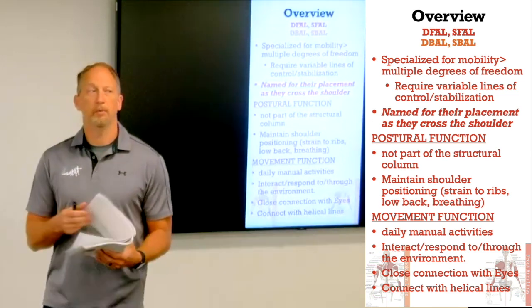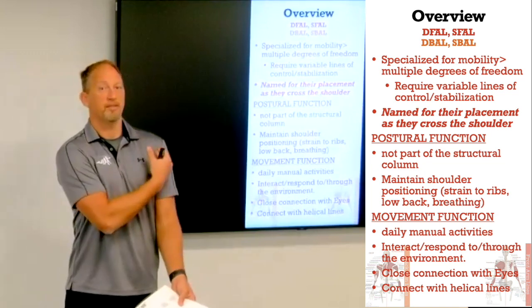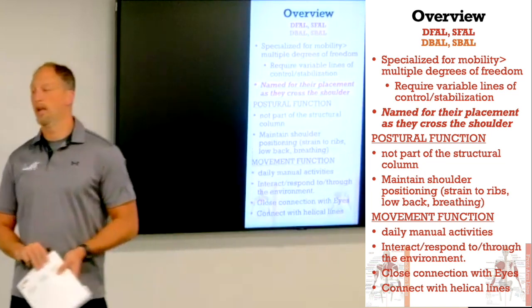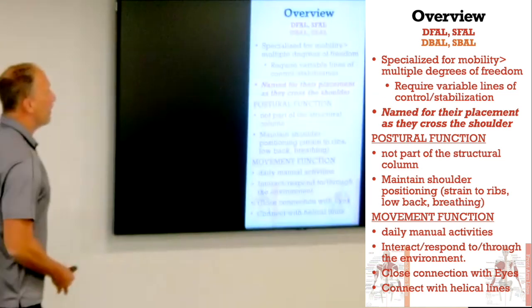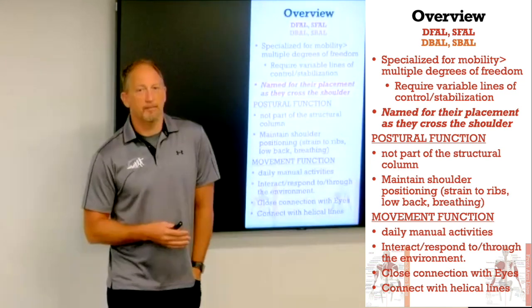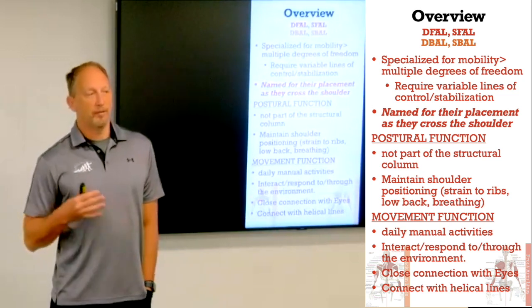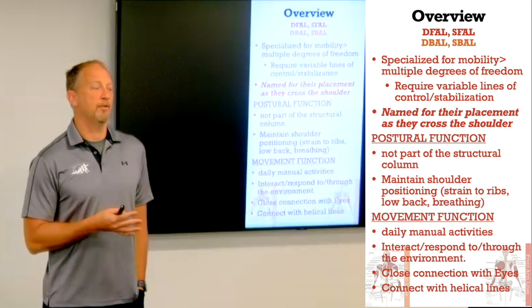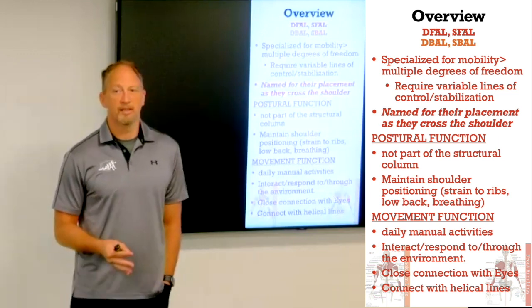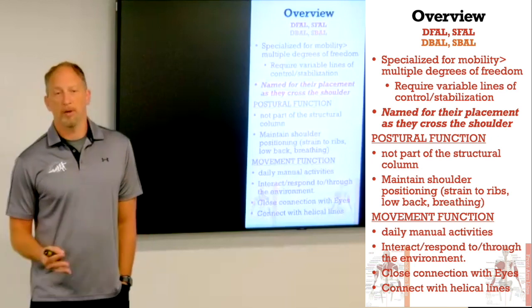So again, when we think of the arm from a clinical standpoint, we typically just think of the arm. And we only view it as the structure of the upper extremity. But we have to understand that because of the fascial lines, we have direct anatomical links and direct anatomical connections to structures that are far-reaching. That's why